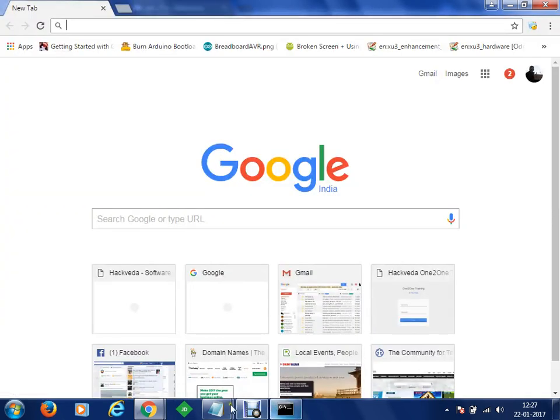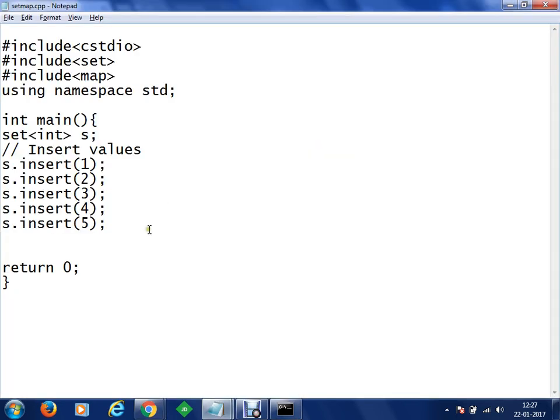Now what we have to do is return an iterator. To create an iterator, we can write something like this: set integer double colon iterator, and we create an object with it. Let's say I have named it begin, because I want to compute begin. So I'm going to execute the method begin on this.